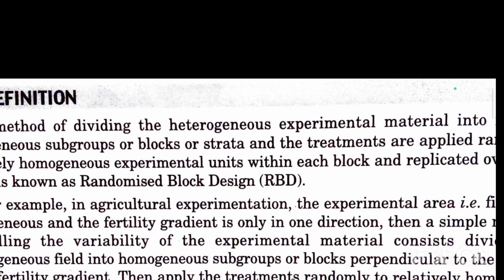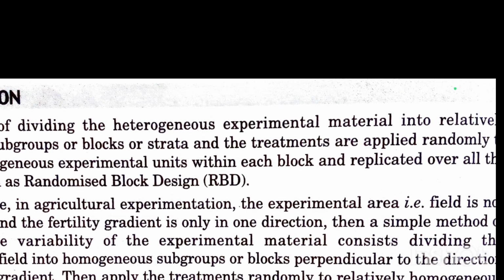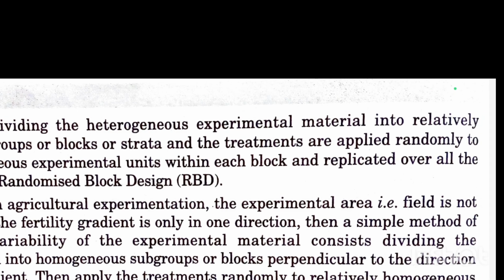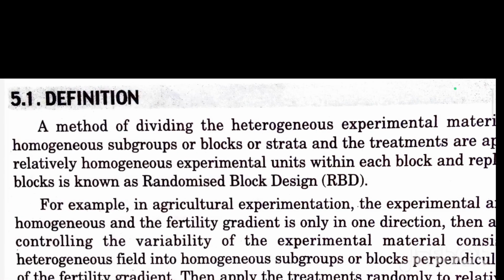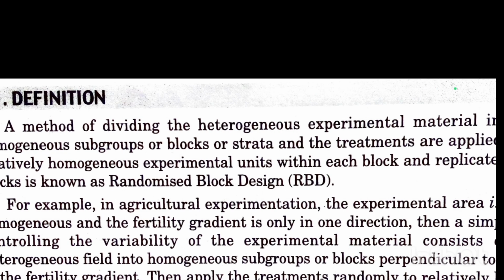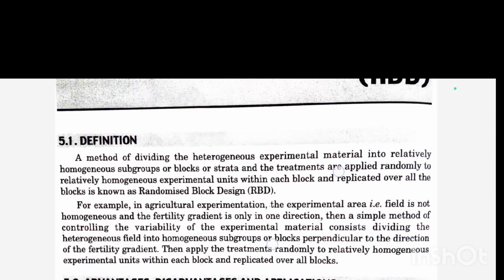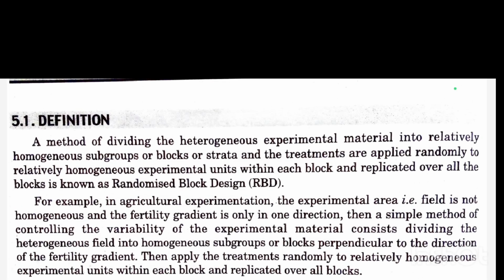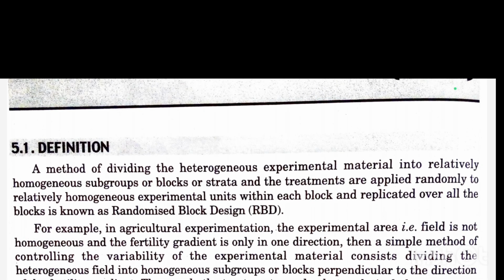Then apply the treatments randomly to relatively homogeneous experimental units within each block and replicate over all the blocks. So here, by dividing the heterogeneous experimental units into relatively homogeneous ones,